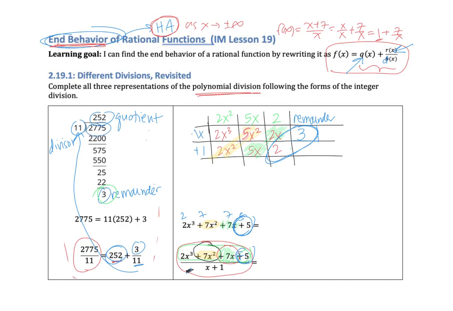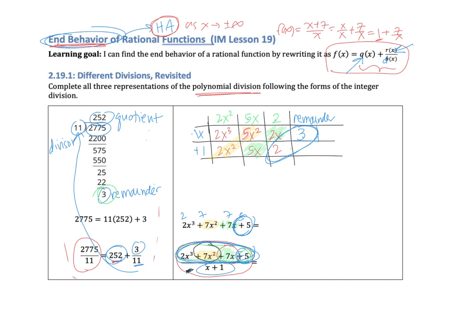Notice we have a 1 and a 1. Notice we have 255, but 252 with a remainder of 3. So they're lining up. So now how do I write that? Well, if I took 2x cubed plus 7x squared plus 7x plus 5 and divided by x plus 1, I